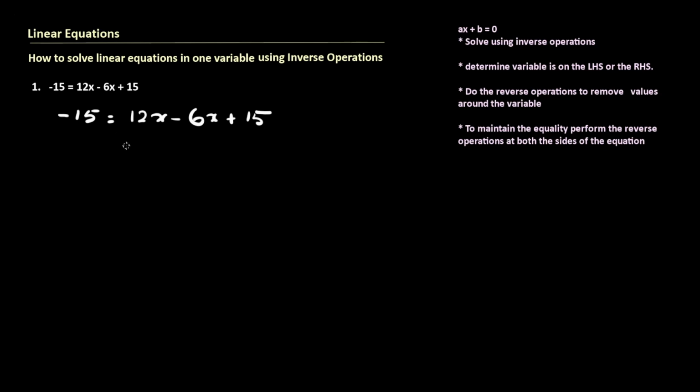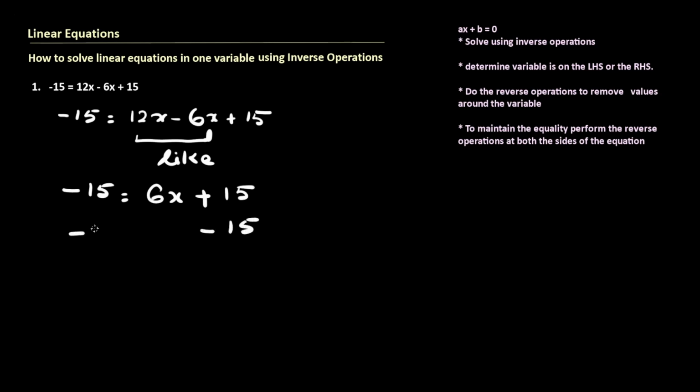Here, first we are going to combine the like terms. 12x and minus 6x are the like terms here, so we combine them first. Minus 15 equals 12x minus 6x, which is 6x, plus 15. Now we are going to eliminate plus 15 by subtracting 15 from both sides of the